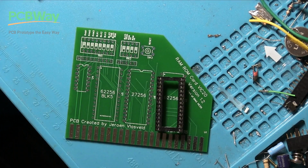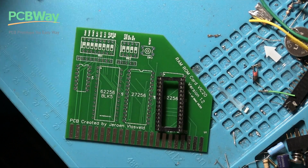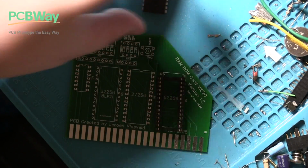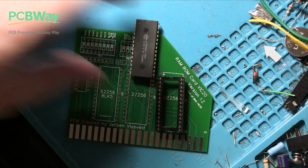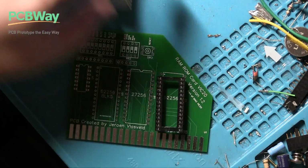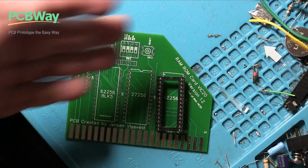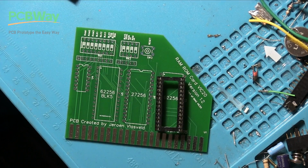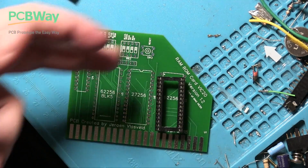As you can see from the markings on the board, it's a 27256, and we've also got two SRAM chips as well, which go in there. Obviously, they don't need to be flashed or anything; they are memory. And some dip switches and resistor networks, and a logic chip as well. Oh, and a switch, which we'll have to...